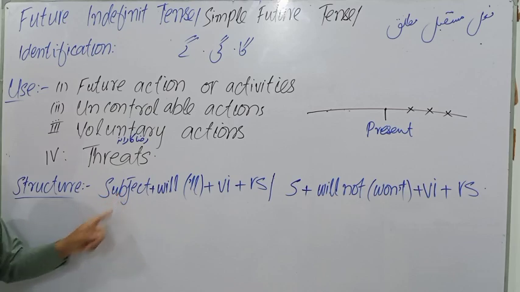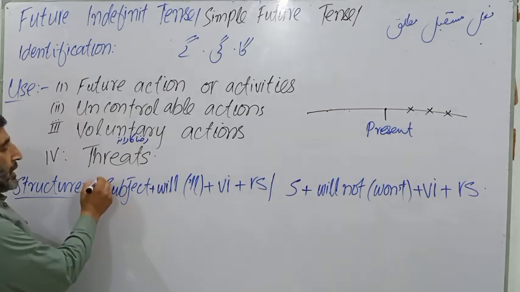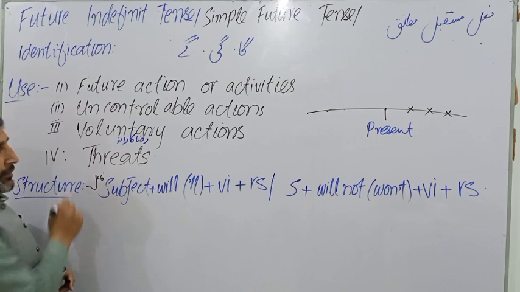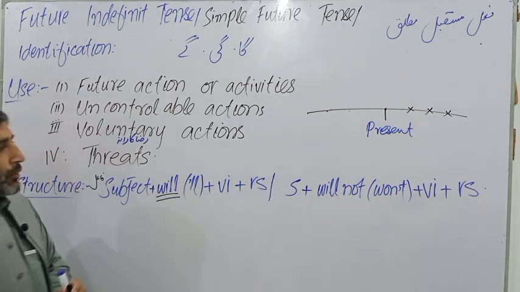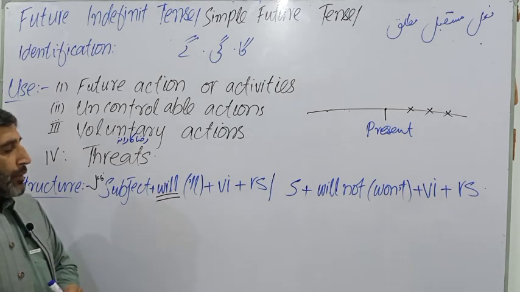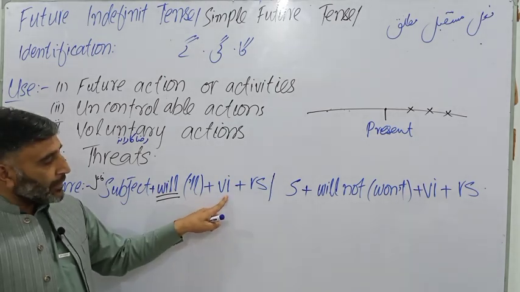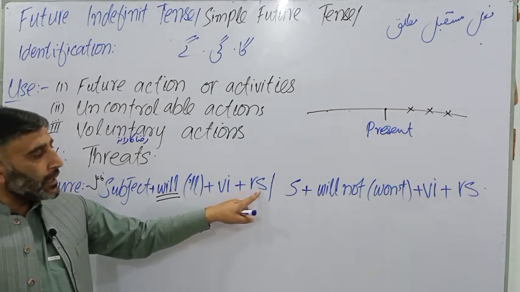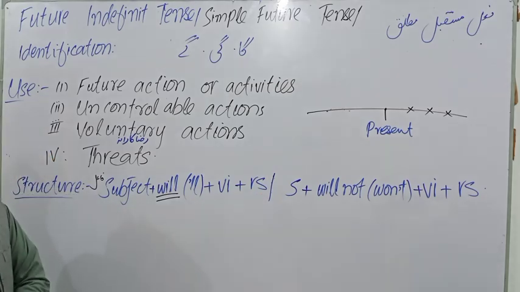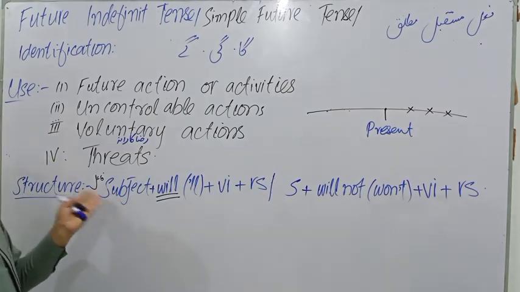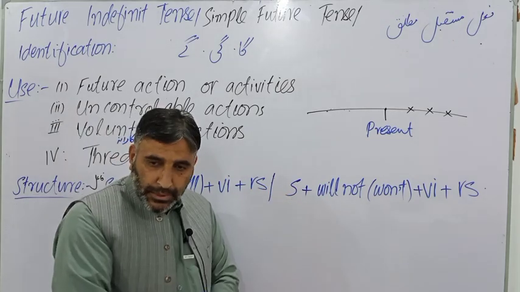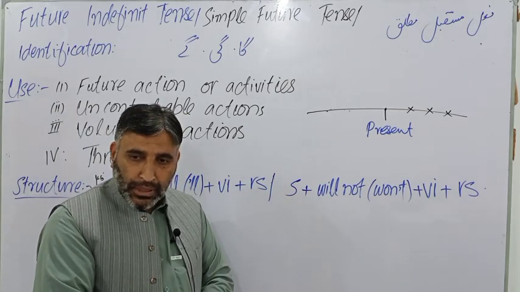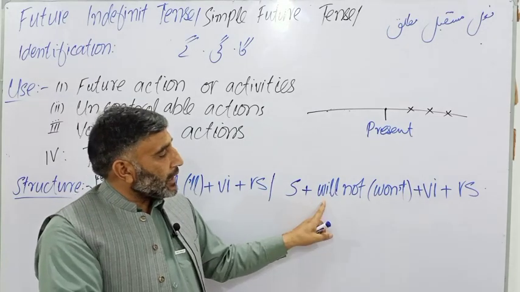So first of all we use what? Subject. What does subject mean? फाइल, काम करने वाला। Then auxiliary verb will. We will use will auxiliary verb, and then verb which form? First form, and then rest of the sentence होगा। और मनफी structure भी साथ साथ हम discuss कर लेंगे। सबसे पहले हम S, meaning subject, फाइल लगाएंगे अगर मनफी जुमला बयान करते हैं।